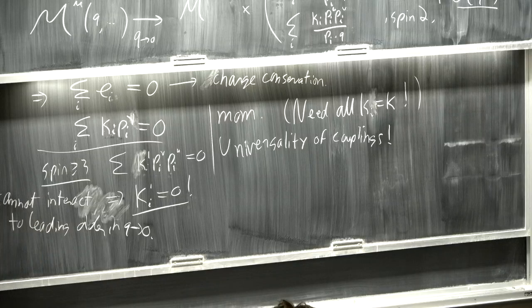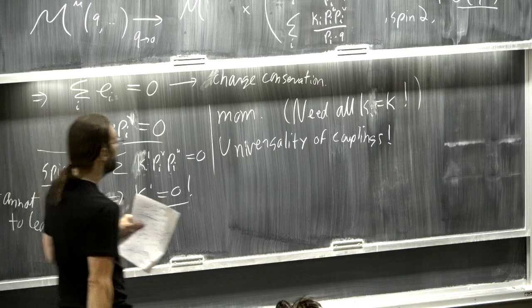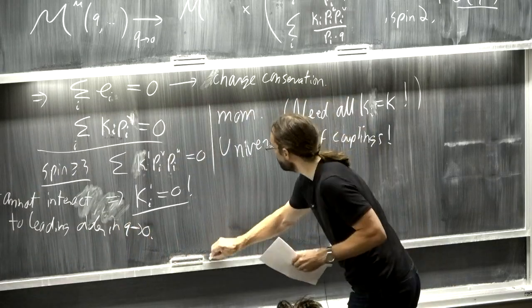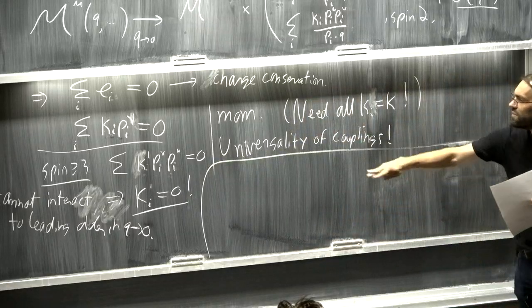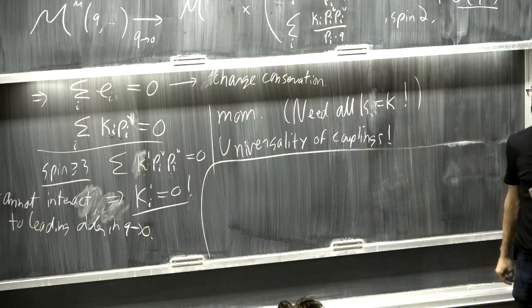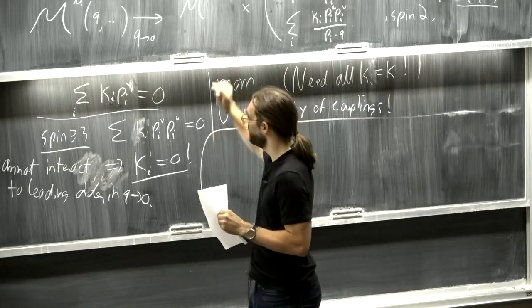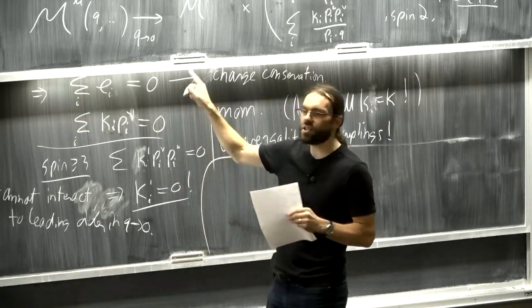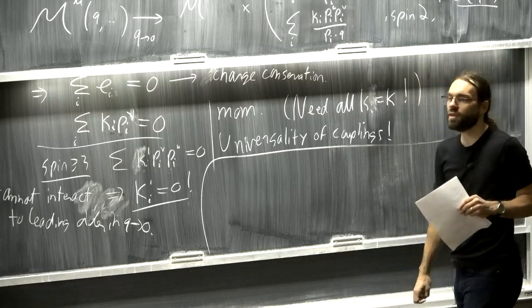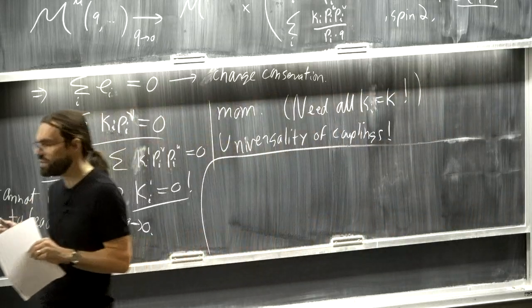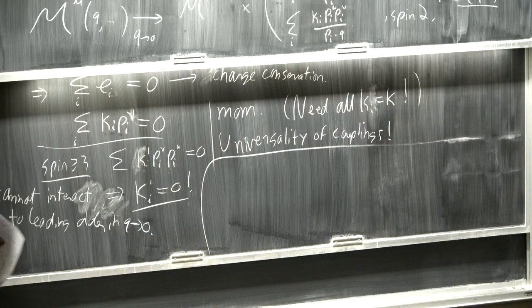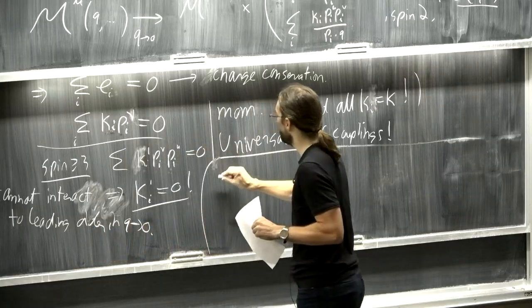Yeah. What does it mean that they can't interact to leading order? Yeah, that's a very good question. How could they interact beyond this leading order? I can give you an example that works at the level of gauge invariant constraints. The way you can trivially satisfy all of the gauge invariant constraints, I would just write an analogy